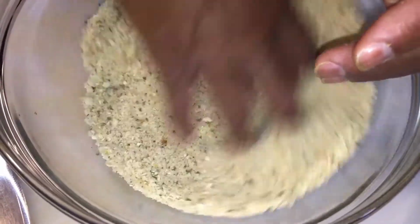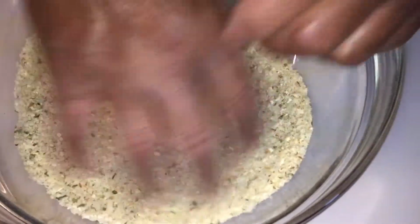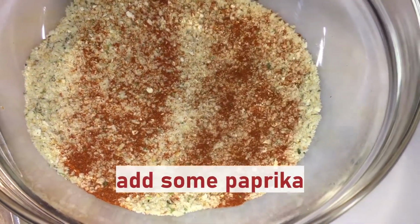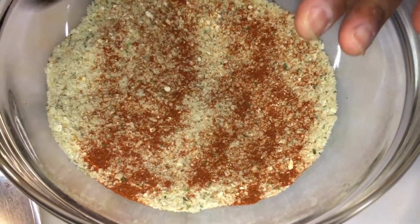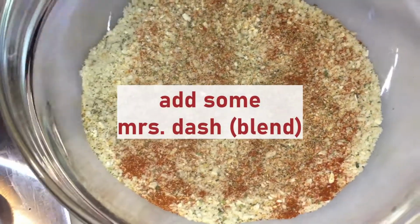You know, just put more as you go, because by the time you get through doing these vegetables, you're probably going to need to mix up some more. So if you want, just mix up some more. I'm going to throw some paprika in there, and just kind of eyeball it however you want, and some Mrs. Dash seasoning salt as usual, and